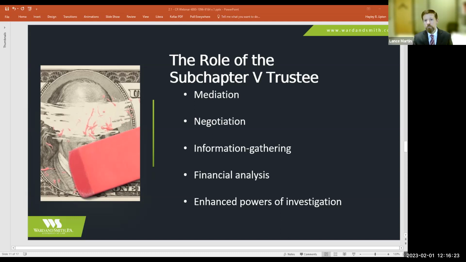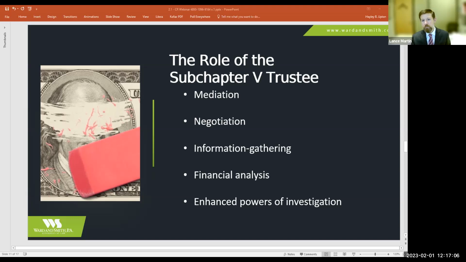I think there was an expectation when Subchapter 5 was passed that the trustees would bring some sort of financial acumen and expertise to the table so that they could evaluate the plan alongside the creditors to determine its feasibility. In practice, at least in the Western District, it's almost all lawyers. Some of us have more or less experience than others at reviewing and analyzing balance sheets. But I wouldn't count on financial wizardry coming from the trustee. You will need to do your own internal analysis.